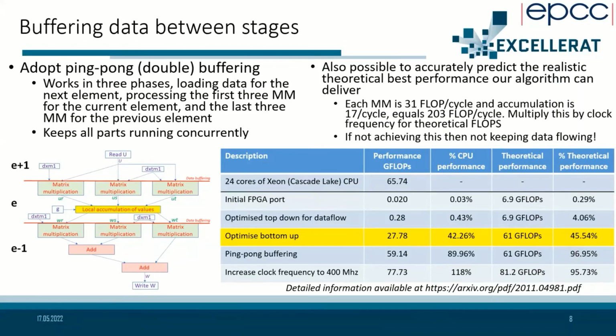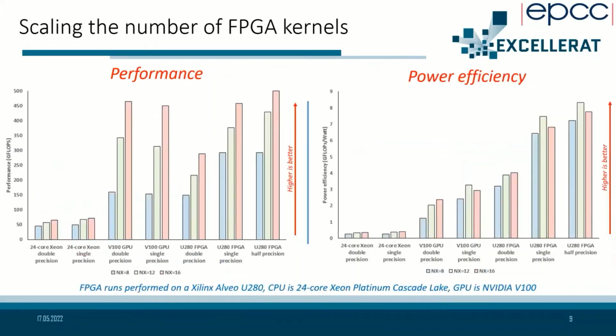So what we did with this is we then scaled up the number of kernels, and we then compared this against our 24-core CPU and V100 GPU for single, double, and also half precision on the FPGA. And what you can see is we beat the CPU hands down. The GPU is a tough test in terms of performance. For double precision, certainly for the larger problem sizes, we are falling short. But when we go to single and half precision, we can use more kernels on the FPGA and we're getting